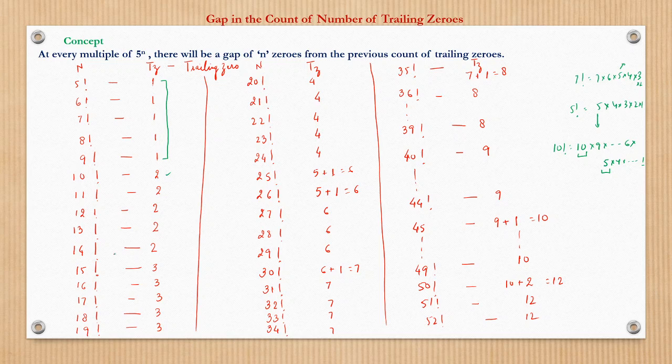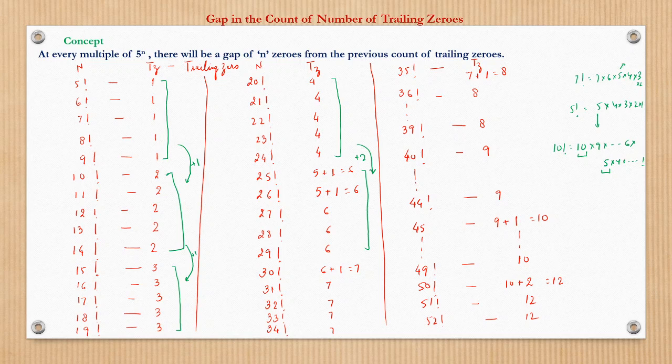So this way we can get this. So 10 to 14 we have two trailing zeros. 15 to 19 we have three trailing zeros. 20 to 24 we have four trailing zeros. So see, the number of trailing zeros is increasing in a sequence 1, 2, 3, 4. But after 24, 25 onwards, 25 to 29 we have six trailing zeros. There's an increase of plus 2, right? Earlier it was an increase of plus 1, plus 1, but here suddenly it's an increase of plus 2.